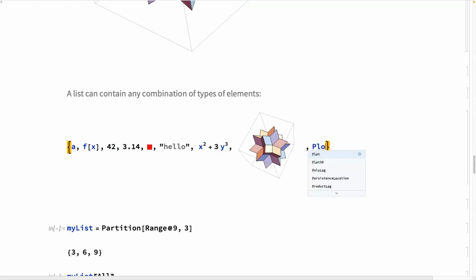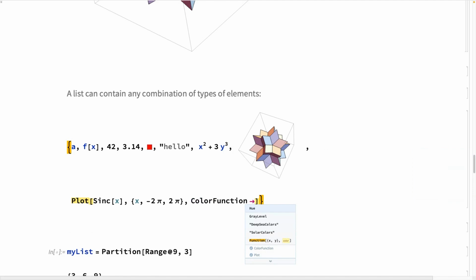And again, we could add a 2D graphics object. Why not? Let's do Sin of x as x goes from, well, let's do negative pi to pi. And then let's do 2 pi. And again, we'll add my color function that I very much like, dark rainbow. And then we'll also put Meech in there for good measure. And if I evaluate this,